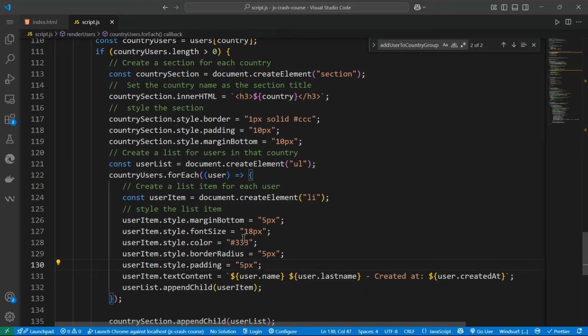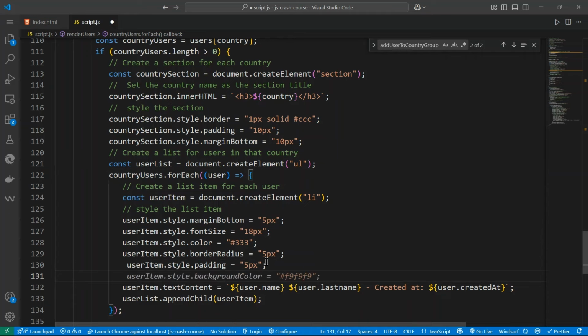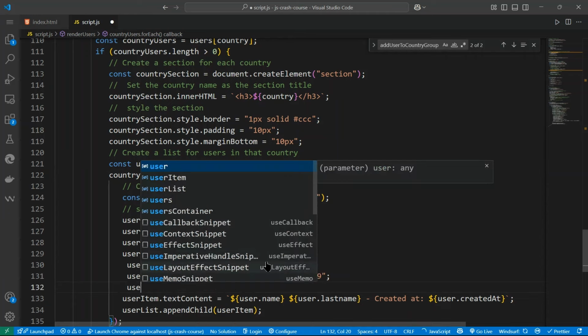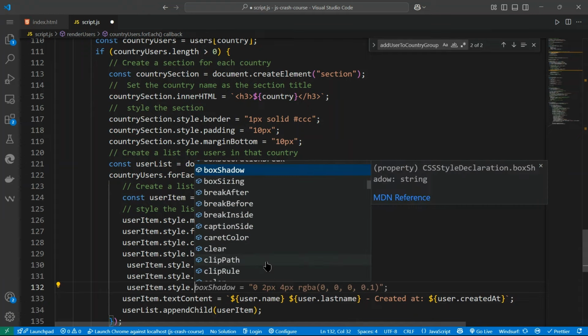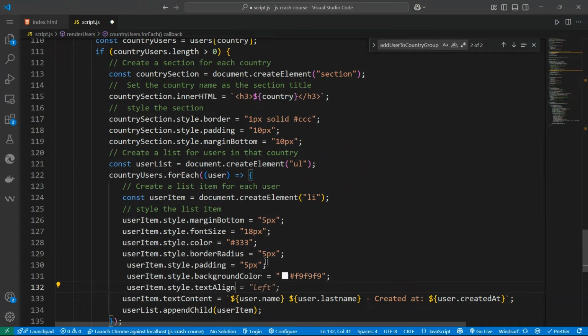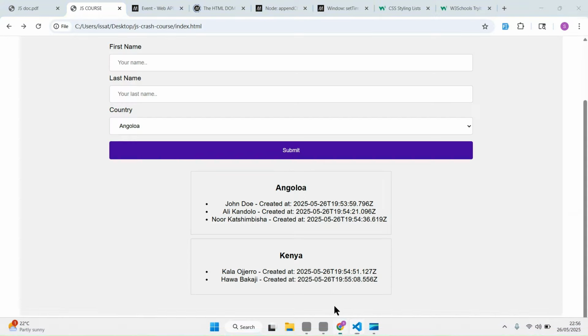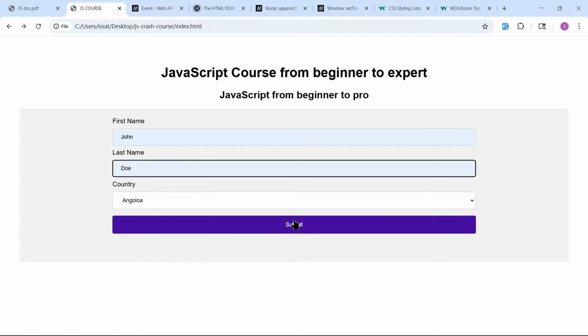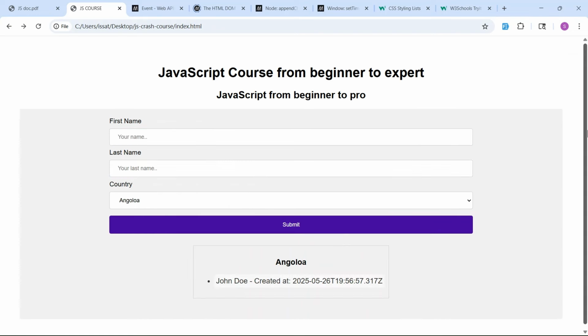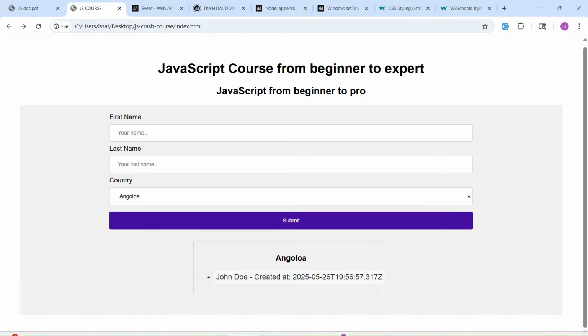So this is the style for the list. We don't have a really specific style for the list. So for example, for this another list, I can also say here the background. But I want to set, for example, item.style, the style.textAlign to left. If I save that, go back, reload, I can add again John, add John Doe. Let's see, it was added. Now you see this style here. You can remove